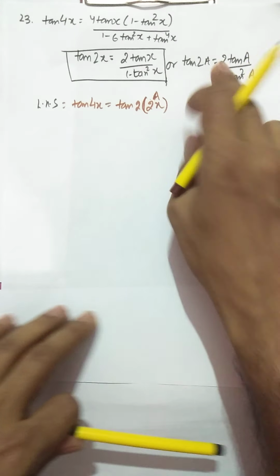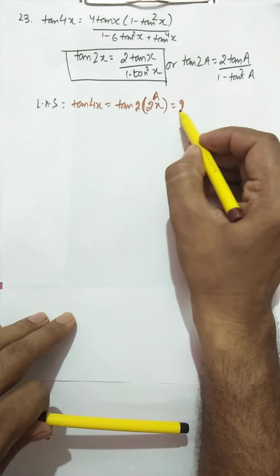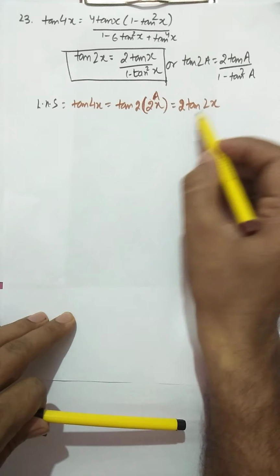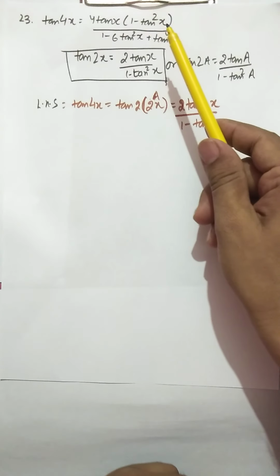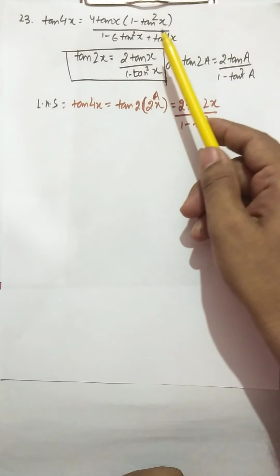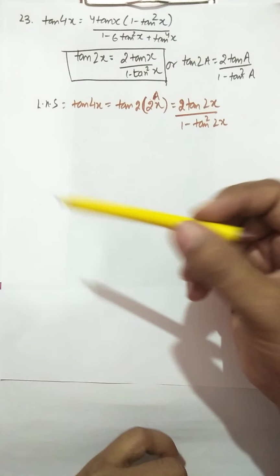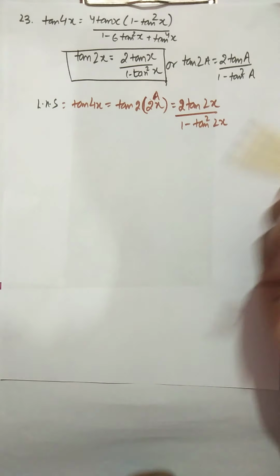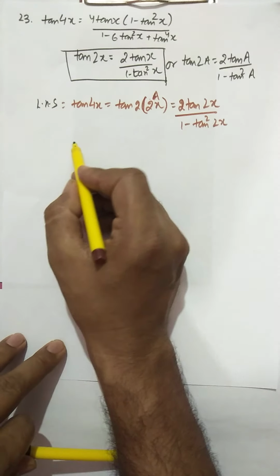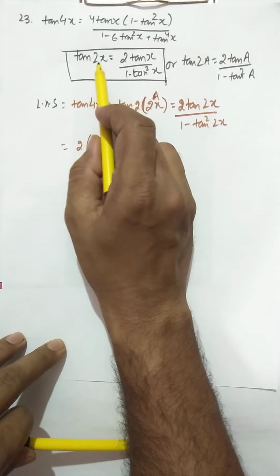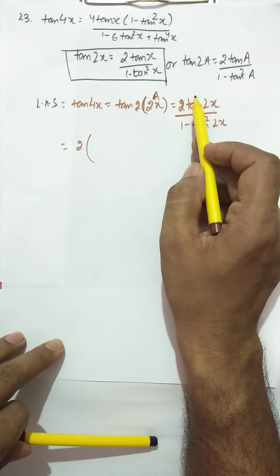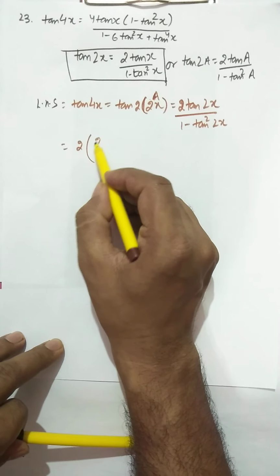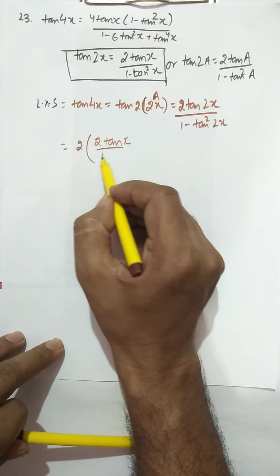So tan 2a, you can apply this formula, this is 2 tan 2x upon 1 minus tan square 2x. But you see your answer is not in 2x, all your angles are in x. It means somewhere you have to convert that tan 2x again in terms of tan x. So you see tan 2x, now you have this formula also, tan 2x is 2 tan x upon 1 minus tan square x. So this tan 2x will be replaced by 2 tan x upon 1 minus tan square x.